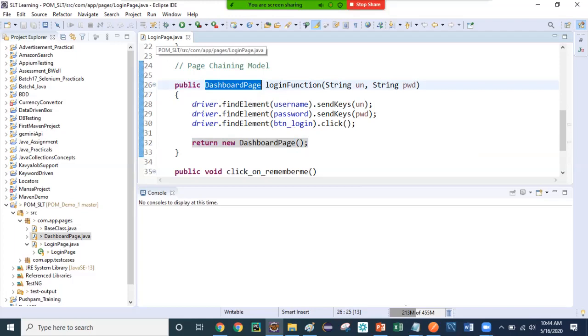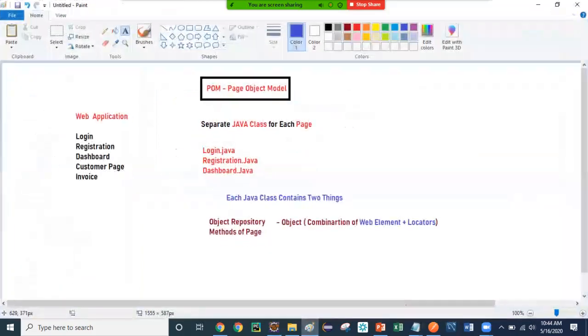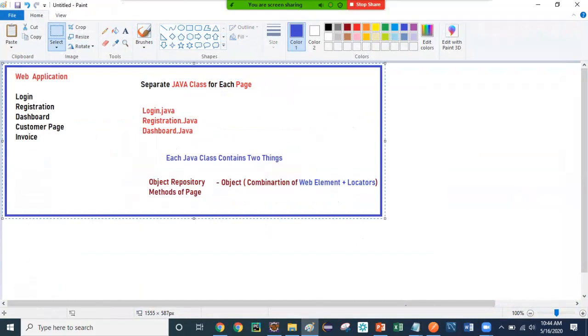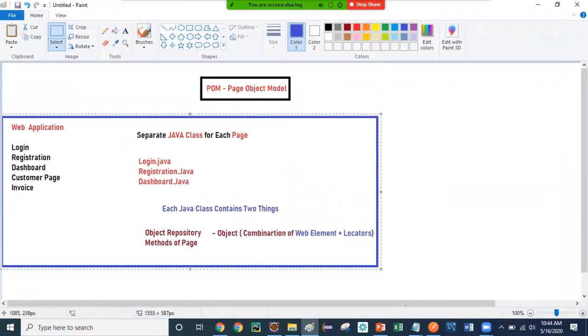You see the LoginPage.java. While working on the page object model, you understand that for each and every page, please make a separate class. But what about the common actions? If we talk about the common actions, that means setting up the WebDriver property, setting up the base URL, and all those things. For that, we create the base class.